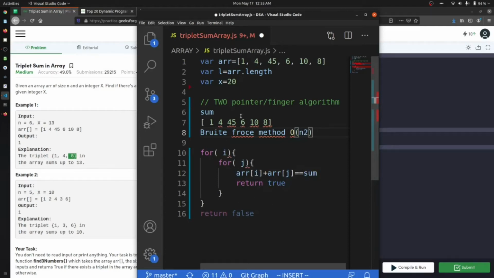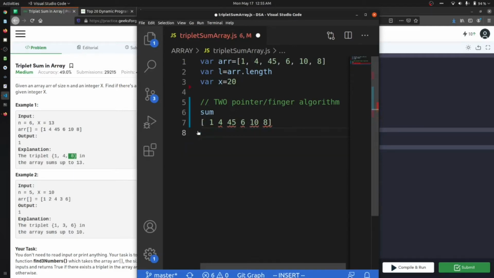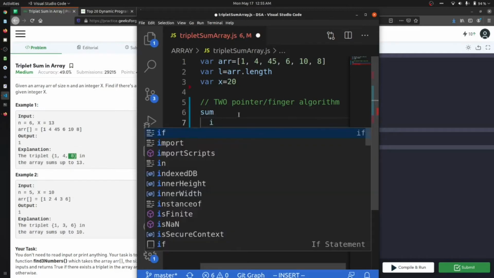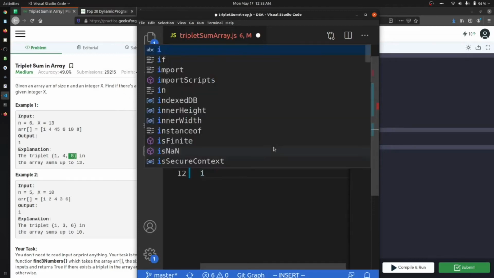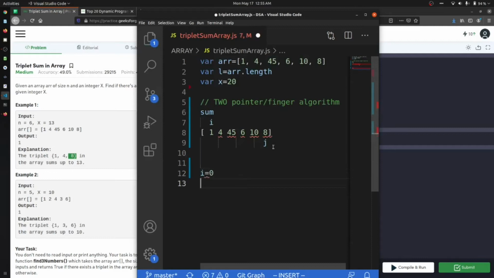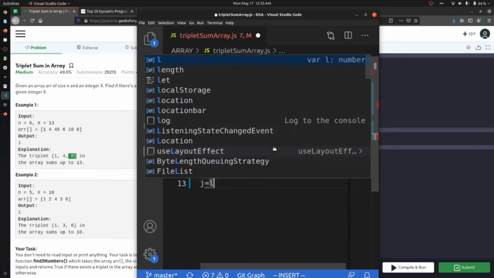The two fingers algorithm says that you have to set two pointers in your array. You set i at the starting point and j at the ending point. That means i is equal to 0 and j is equal to length minus 1.